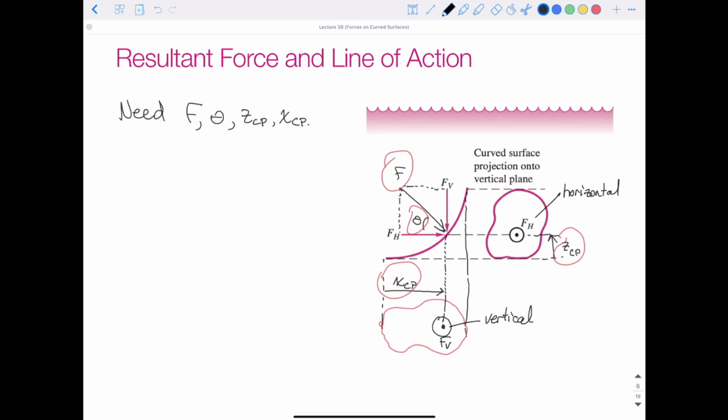Because the shape is a curved surface, we're not going to do an analysis that looks at the centroid of the shape per se. We're going to do an analysis that looks at the centroid or the position of the projections of that shape. So the next thing we could write for resultant force